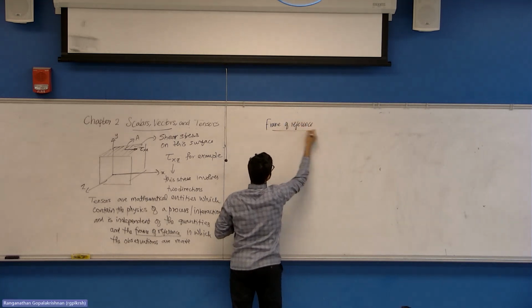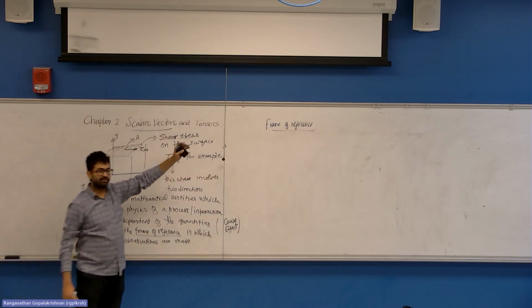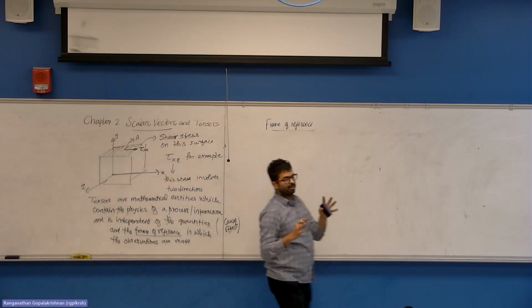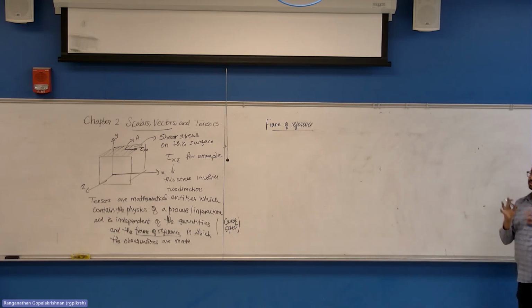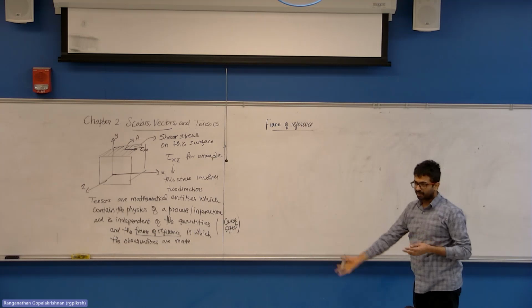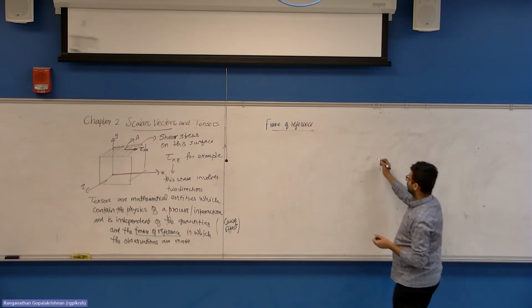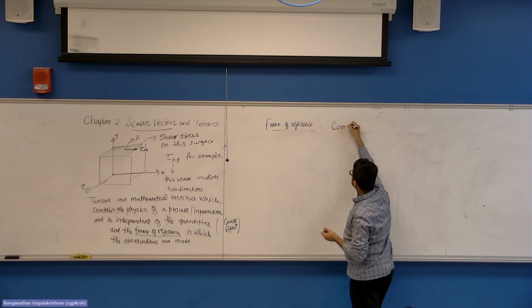The word itself is a definition. It's like saying, for reference, I'm choosing a particular way to measure distances and a certain point in time at which I start my clock. From there on, I start measuring or counting time. So a frame of reference is essentially a coordinate system